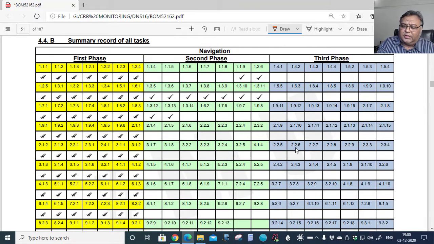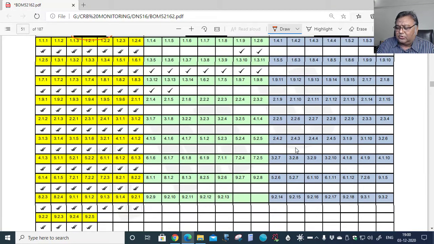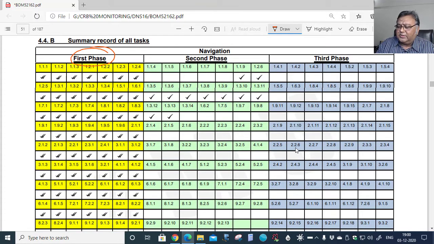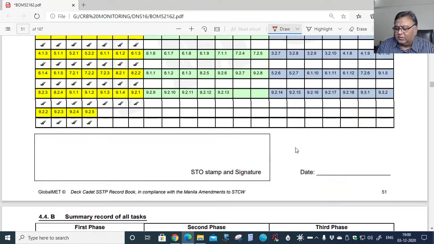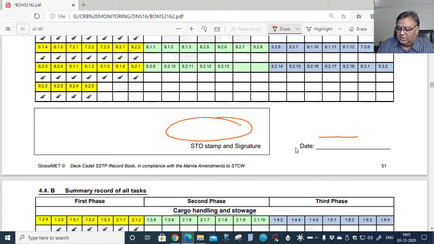If I see phase 1, the first phase, this cadet has done almost all the tasks. In the second phase, he's doing some tasks, but these tasks have not been inspected. The third phase is empty. Once he has completed, he is supposed to take the STO stamp and signature along with the date.